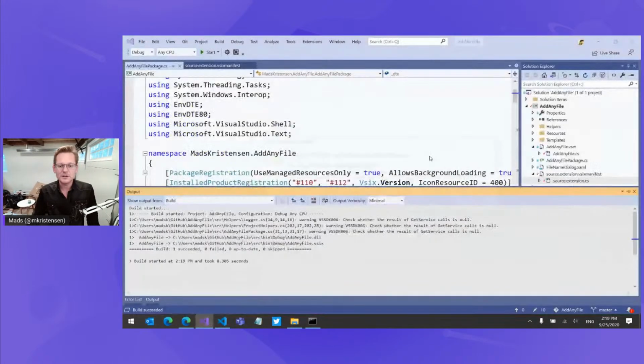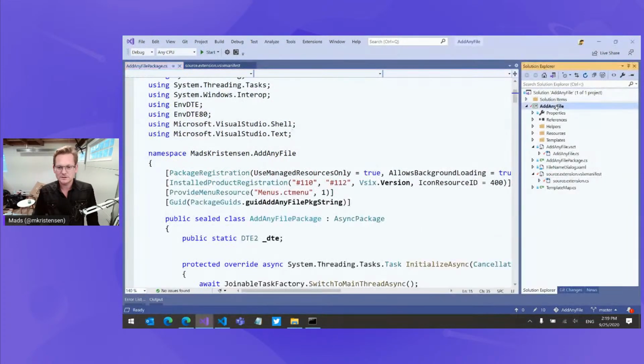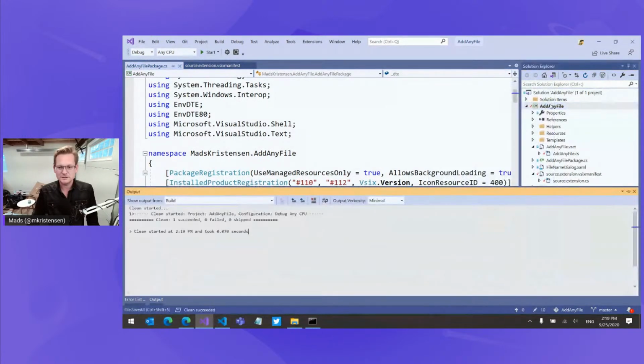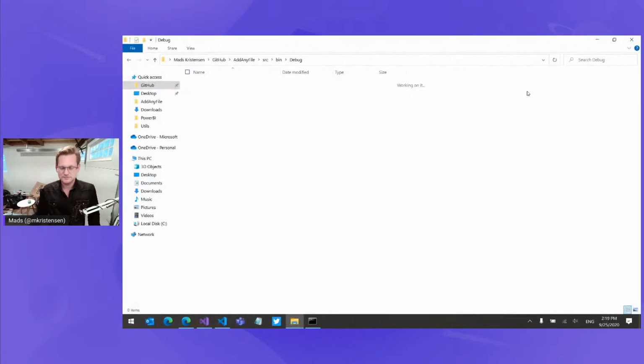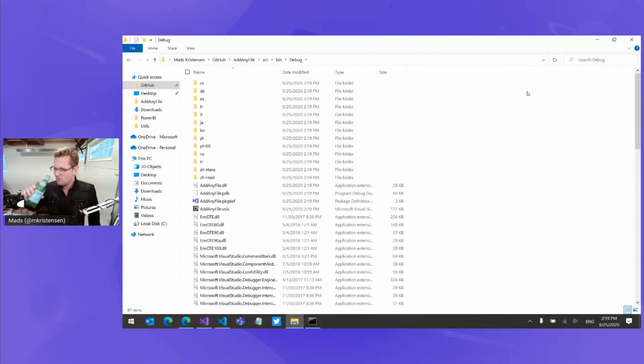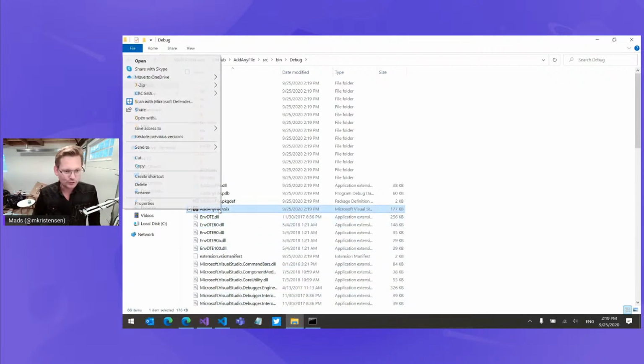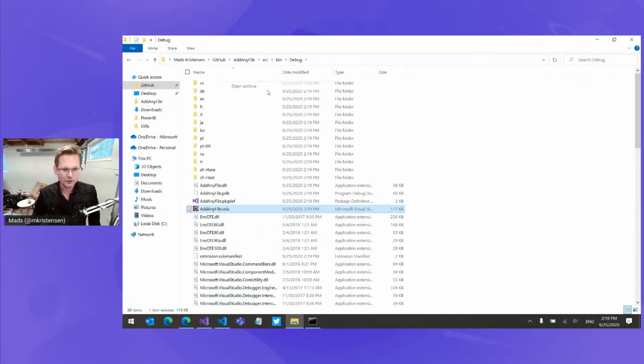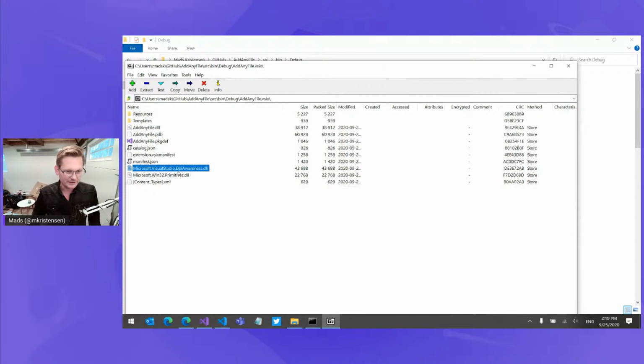Should we just for the fun of it do this just to see that I'm not making this up? So reload, do clean, because clean should delete all that. And then we do a build. So now we should get a lot more stuff going here. And not just that, some of these might actually be included in the V6. So if I open that archive, we can see, yeah, I got a few things here that I didn't want,